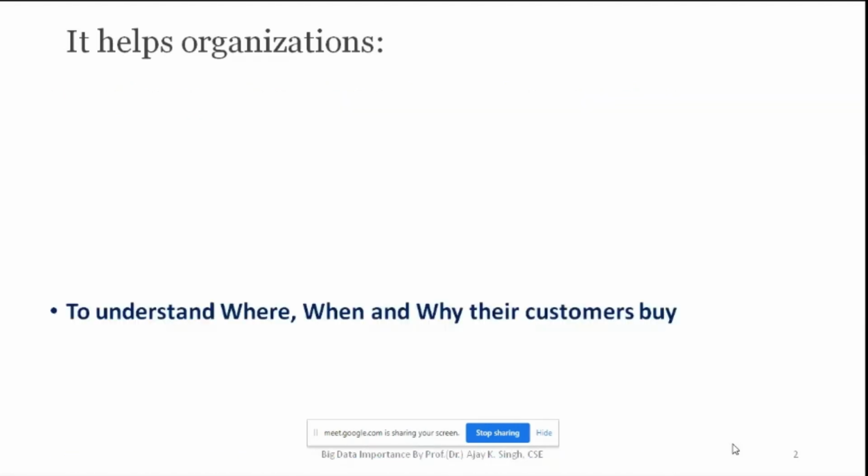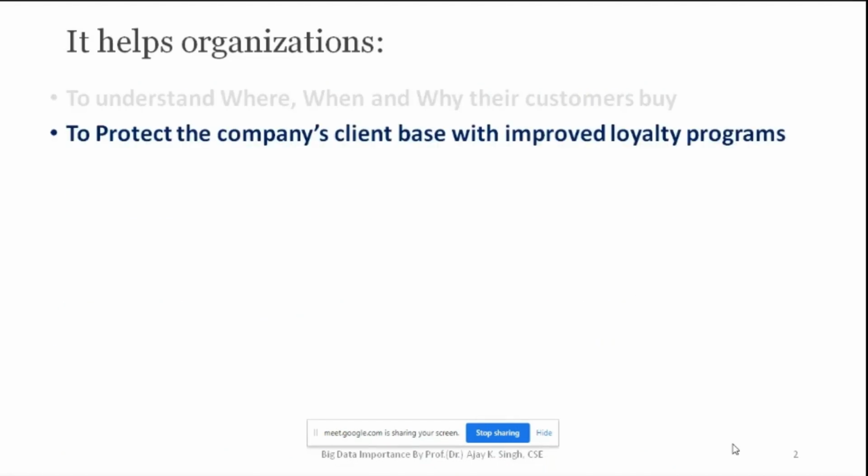So the next point is to protect the company's client base and improve the loyalty program. So if they know something about your customer, something about your client, है ना, then only they are going to be loyal, isn't it? So loyalty is going to come from this particular customer base, client base, isn't it? So nowadays the entire scenario is client based. Even I remember, I've given the same example: in olden days, if we wanted to buy soap, the moment you said soap to the shopkeeper, he would give Lifebuoy to you, isn't it? So soap meant Lifebuoy, isn't it?